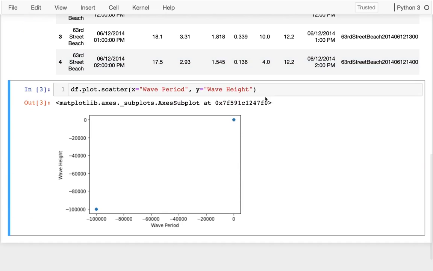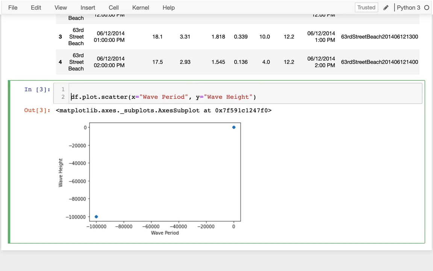And I do that, and I can immediately see that the data is pretty dirty, right? I can see that there's not such a thing as really a negative height for a wave. And since I have these values down here that are like negative 100,000, that's messing up my whole plot, right? There's actually a bunch of variety up here that's kind of getting squished. So one of the first things I'm going to do is clean up my data, right? And so how am I going to do that? I'm going to say that I want to make sure that I'm only looking at data where these things are